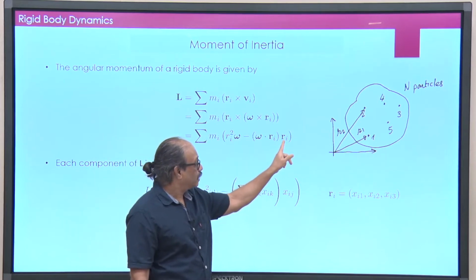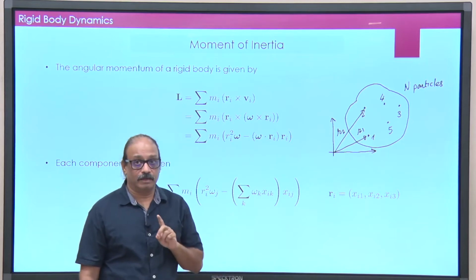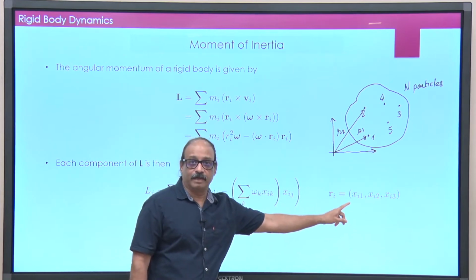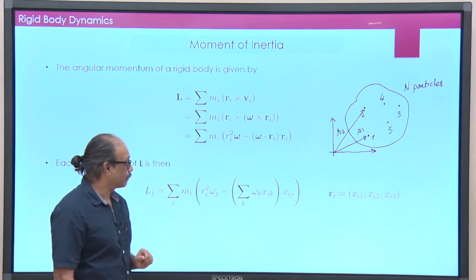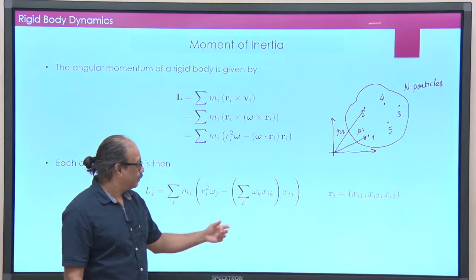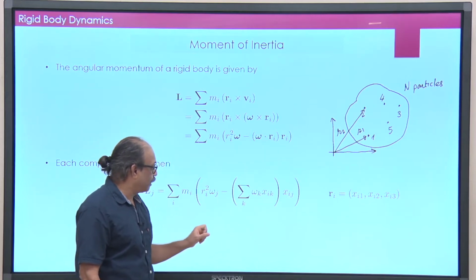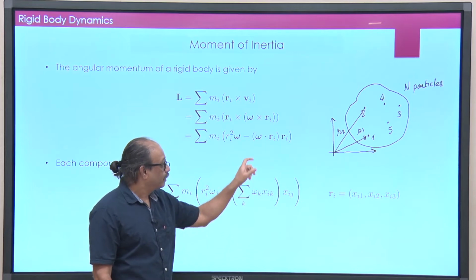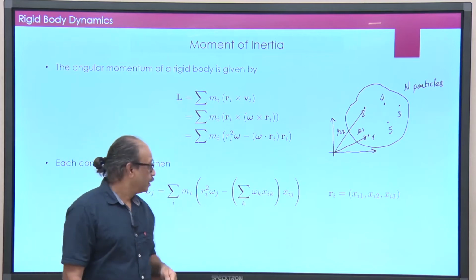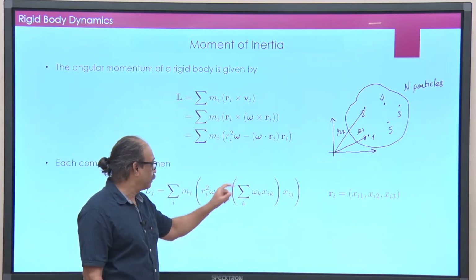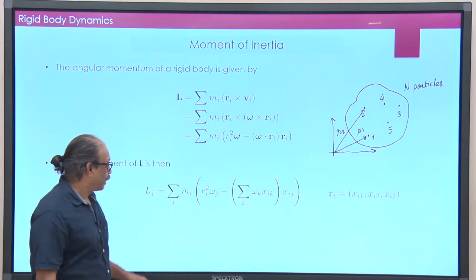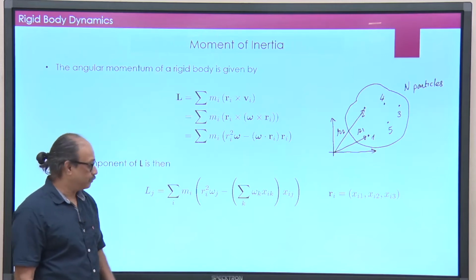Then here this r_i is a vector. So, you want the jth component of the r_i vector, that is x_ij coming from this vector notation that we are using. And what goes inside this is a dot product of the omega vector and the r_i vector, but that you can write as summation over k of omega_k, that is the kth component, multiplied by x_ik, the kth component of r_i. Okay. And remember, this summation over k goes from 1 to 3, summation over i goes from 1 to n, and what are the possible values for j? It is 1, 2, 3.